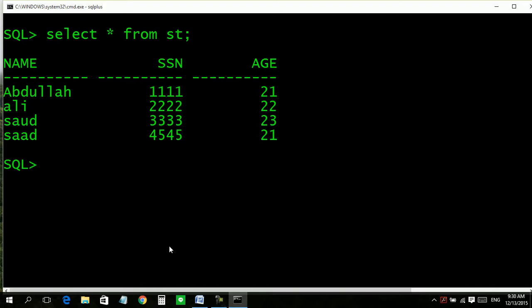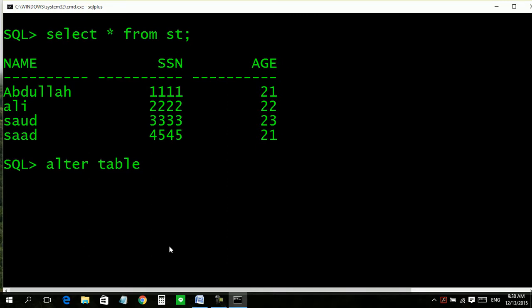Let us see. We have a special command known as ALTER. Alter means change. Throughout SQL, whenever we want to change any structure, we use the ALTER command. So we use ALTER here also. ALTER TABLE. Now what do we want to do?